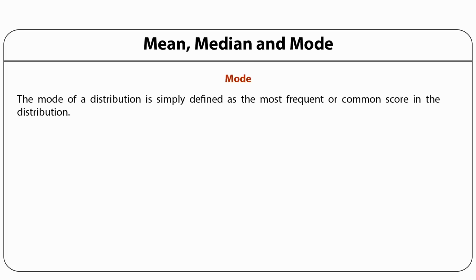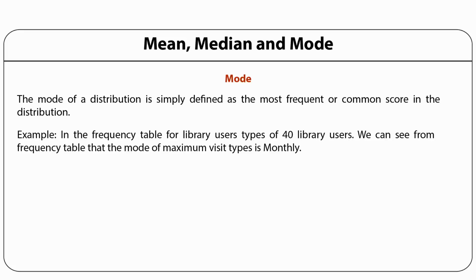There is a term, central tendency, in statistics. Three central tendencies are most important, which are mean, median and mode. Mode in a distribution is simply defined as the most frequent and common score. So in the last example of 40 library users, we can see that the monthly and the regular users used to be the most frequent visitors in the library, of which monthly users had the most number of visits. So that becomes the mode for this particular